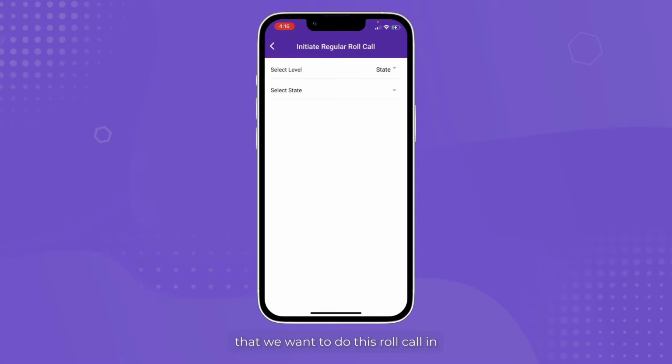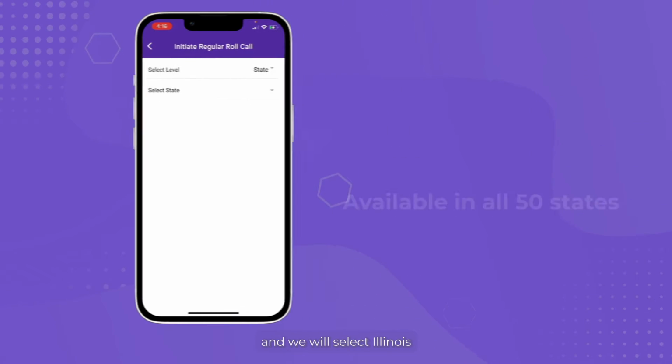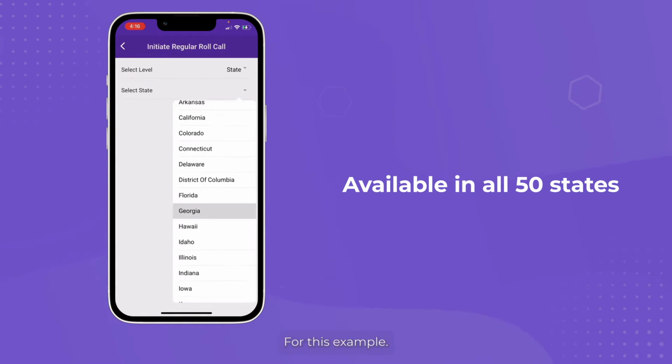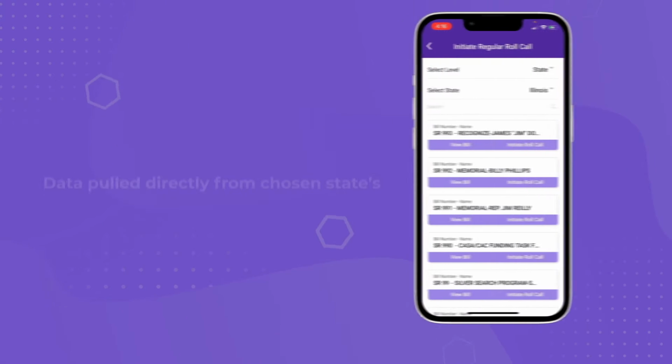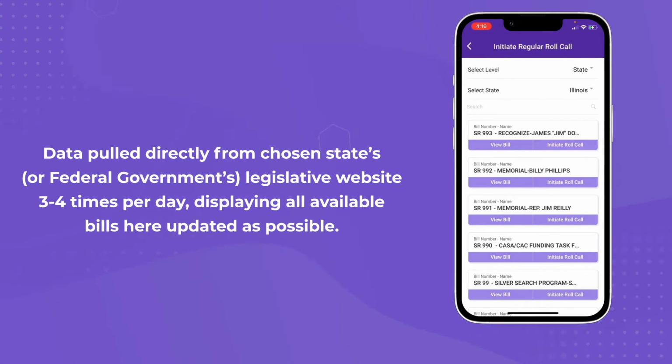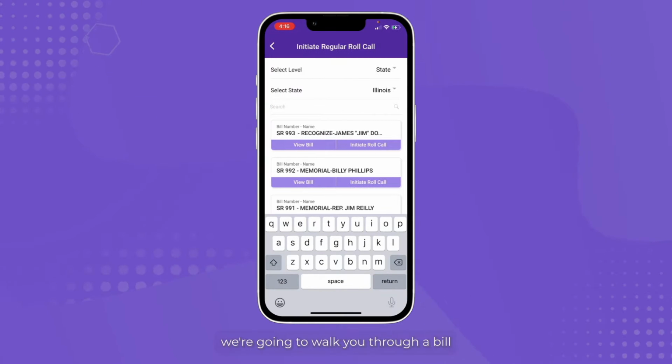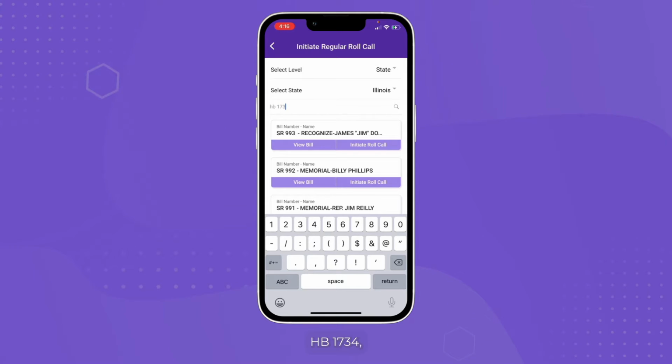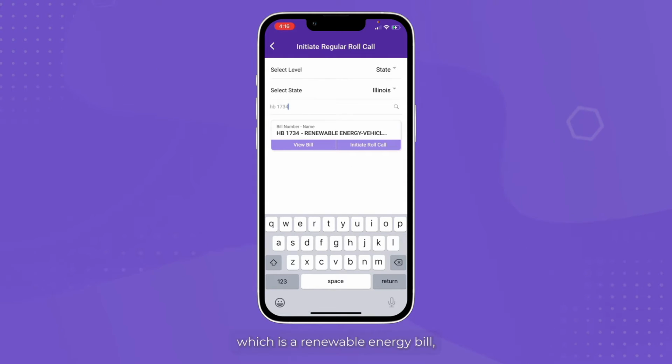It's going to ask us the state that we want to do this roll call in, and we will select Illinois as our state for this example. For this example, we're going to walk you through a bill, HB 1734, which is a renewable energy bill. We're just going to make sure that's the right bill that we want to call this roll call on, and